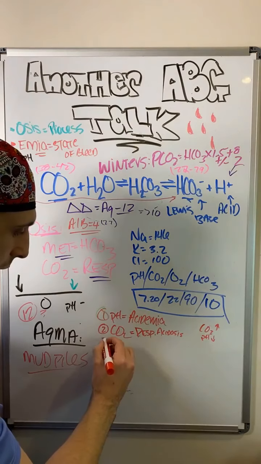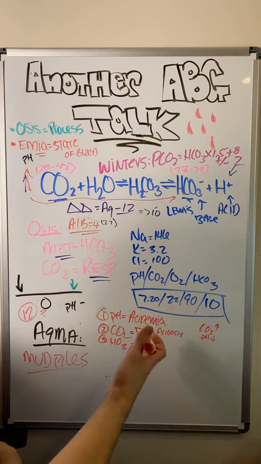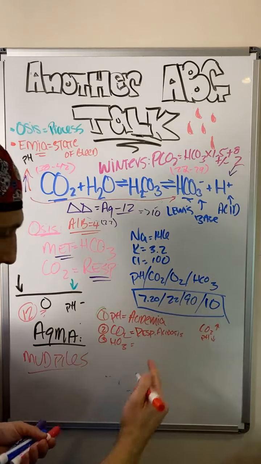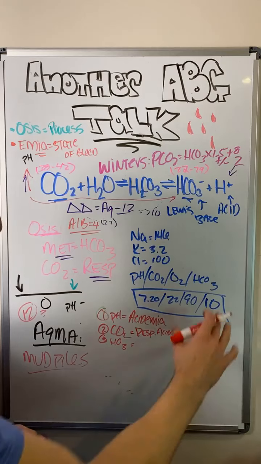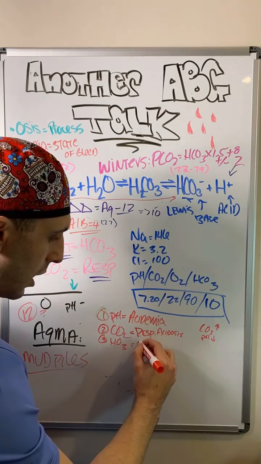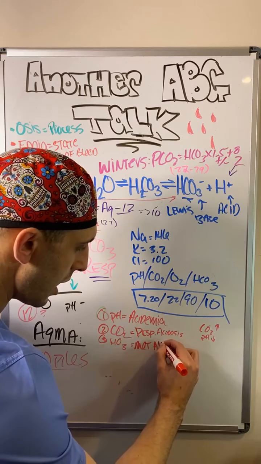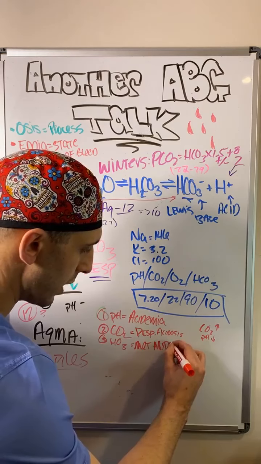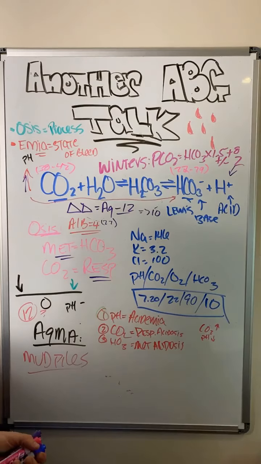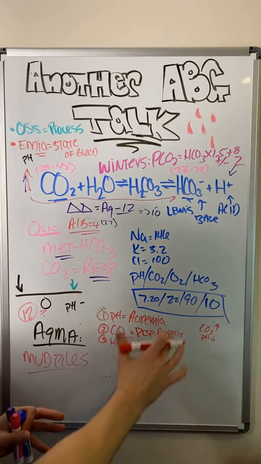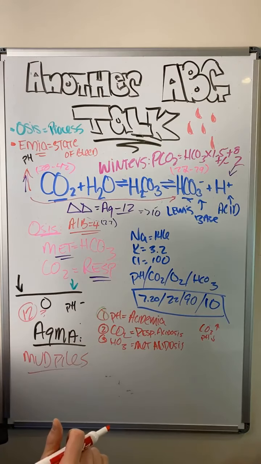Next, I look at my HCO3 and I do the same thing. What is our bicarb doing? Well, our bicarb in this case has gone down. So I know that my patient also, in some way, has some type of metabolic acidosis, because our HCO3 minus has gone down. Wonderful. So those are kind of like setting the stage. I know that the thing that's winning of all of the processes that are going on is an acidosis of some sort. I know that I have at least a primary